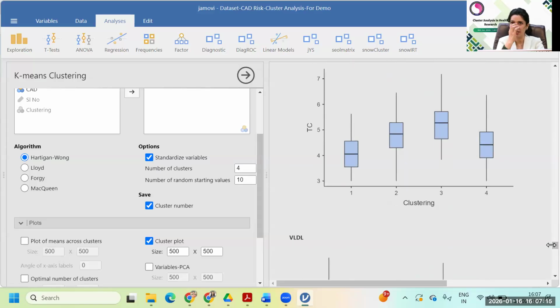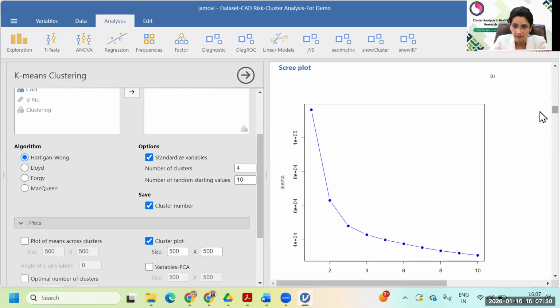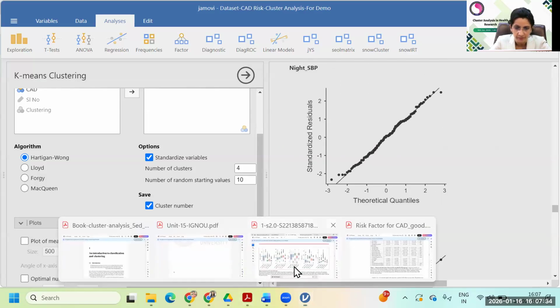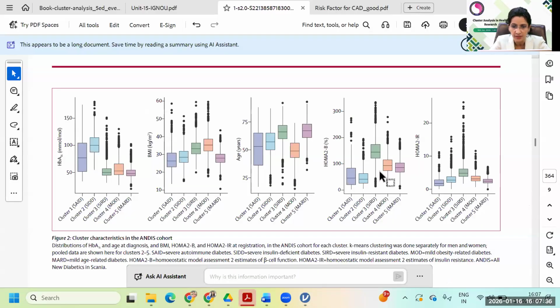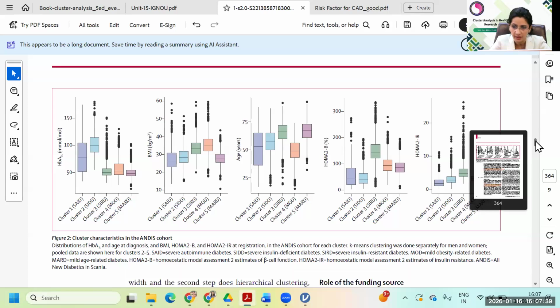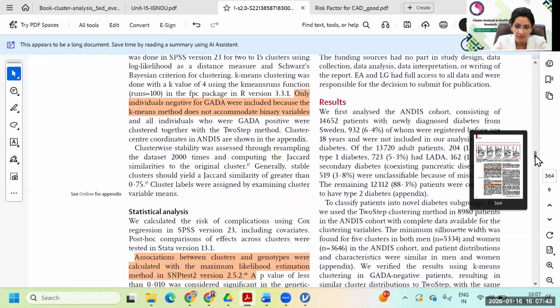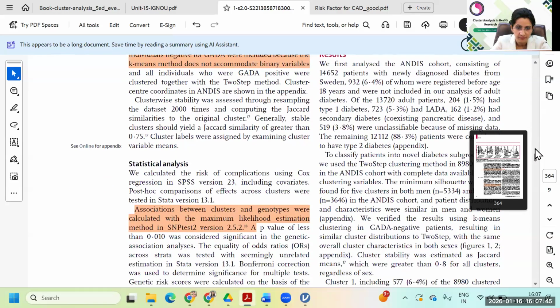Now we are using cluster as a grouping variable, and then using this to define our data set in each of these clusters, and to show the mean and the outliers in each cluster. So this you can do, like you can see in this paper. In this case there were many outliers, but in our case, since it is created data,